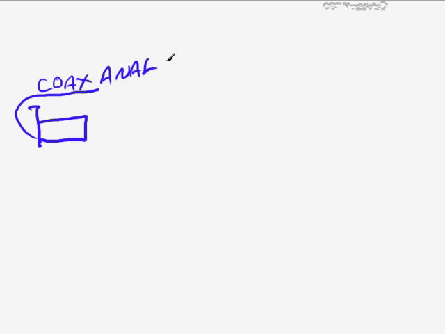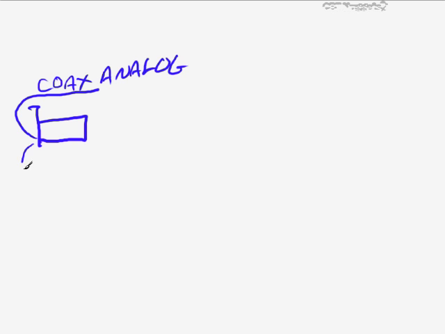So, for example, if this is the PC card, or it could be a PCI card, it doesn't really matter the interface. But if this is the card, then how does that connect to your actual TV? Well, this could be just a coax cable. Actually, that'd be coax, wouldn't it? So that could just be a coax cable. And if you just connect it directly into the wall for your coax from your cable provider, that's going to be an analog signal, okay?